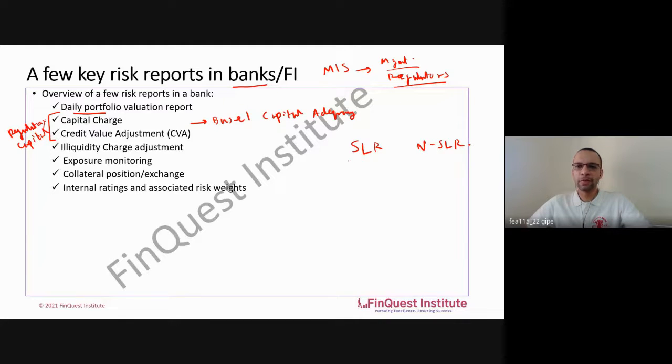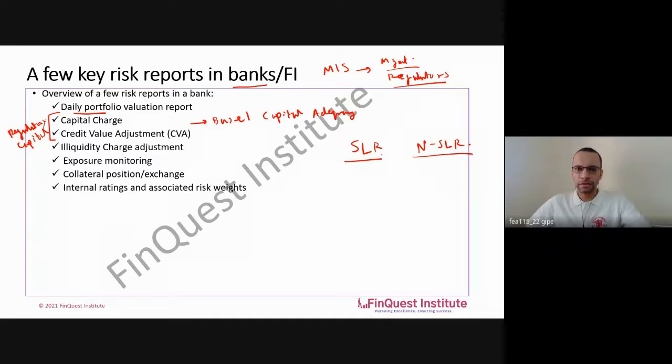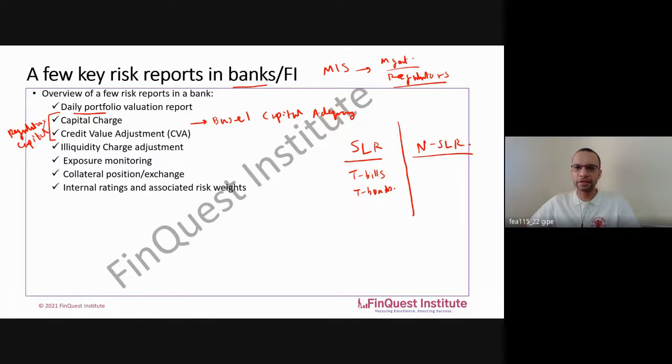So has this been covered as a part of your fixed income concepts? No, sir, this has not been covered in fixed. SLRs are statutory liquidity ratio. Yes, so that's the ratio actually. But what securities are generally studied under SLR or classified? So something like maybe T-bills, T-bonds, etc. Yes, sir. It has been covered in the commercial banking class, sir, in the last sem. Okay, and this is for the financial economics class, right? Yes, sir. Okay, okay.